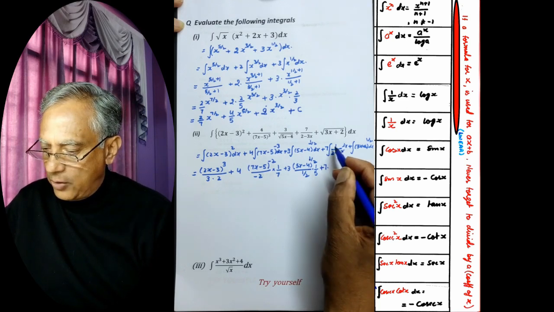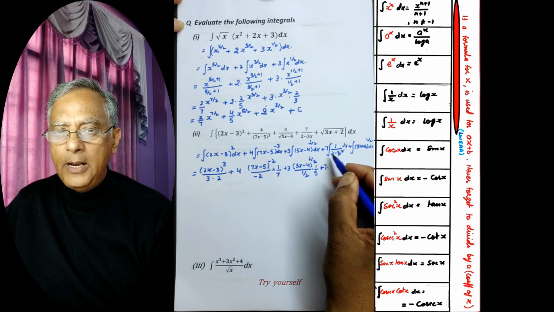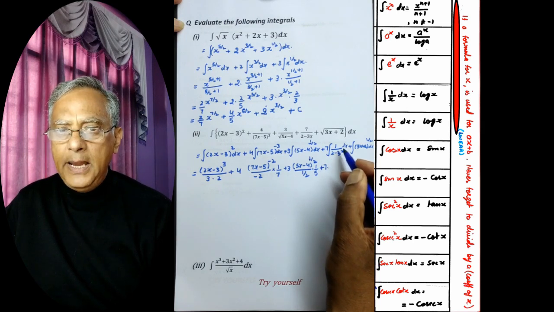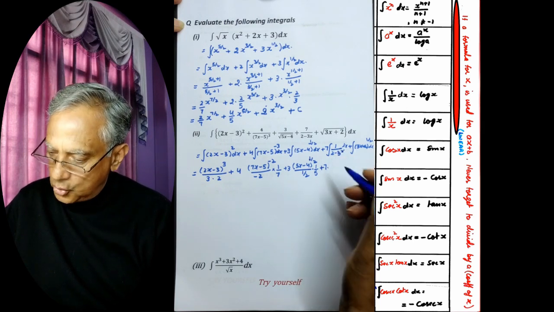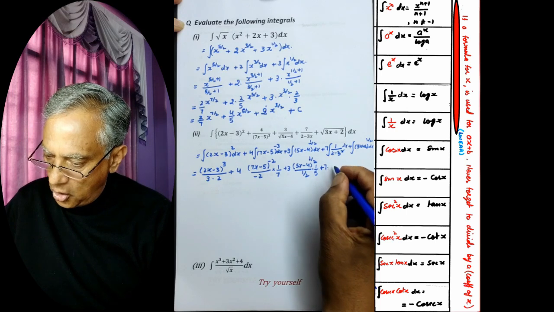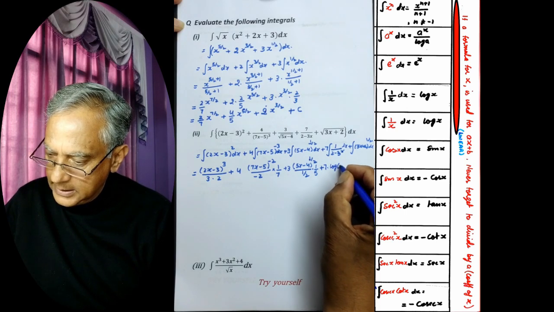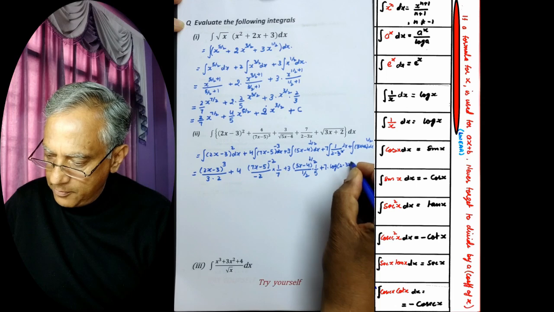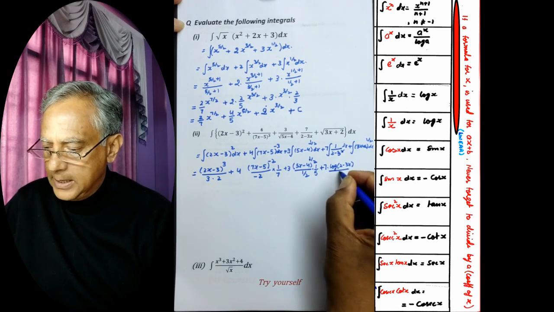So integration of 1 over ax plus b will be log ax plus b divided by a. So integration of this will be log 2 minus 3x, and we must divide by coefficient of x, that is